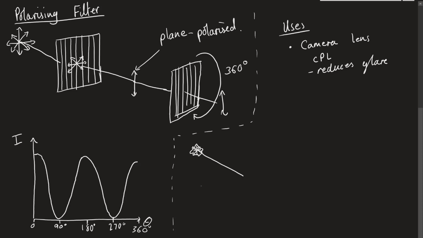This light is then going to hit the surface of the lake, and reflection can also cause something to be polarized. Okay, so if something gets reflected off this, then it becomes polarized in the plane of that surface. So if the surface is horizontal, we have polarized light in that plane,